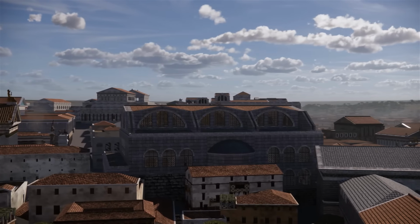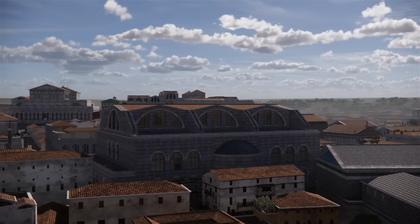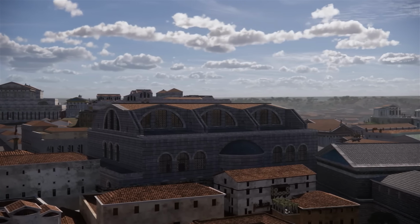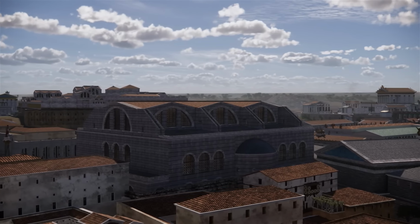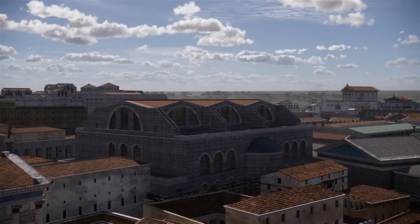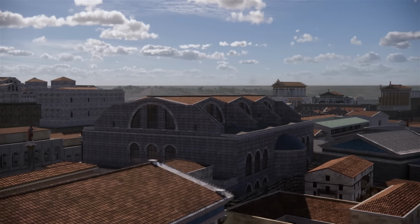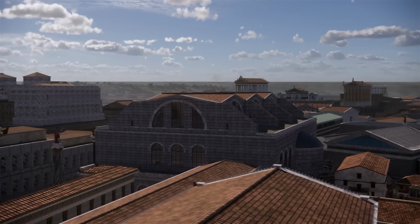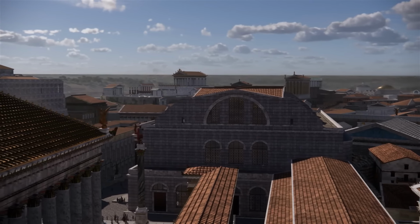It is the last of the great secular basilicas of Rome and still remains a great shell of brick-faced concrete, which owes more in design to the great central halls of the imperial baths than it does to classical basilicas. When we soon see the interior, we will notice how similar it is to the vast halls of the baths